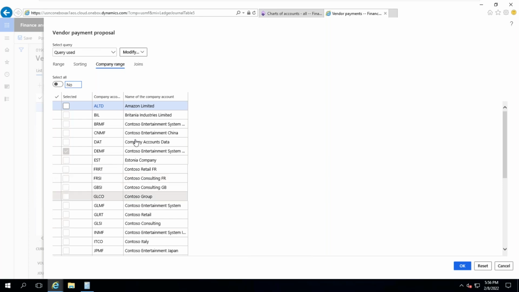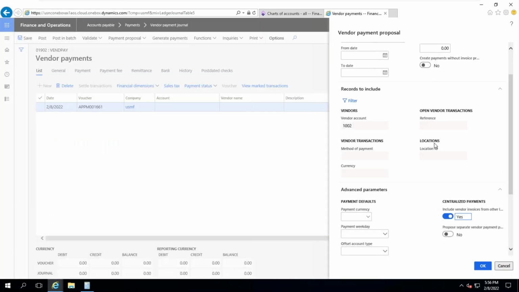Understood? In this, it is showing the companies. So for some reports, it may be available with this company range. You can use it. If it does not exist, you can extend. Extend means customization. With the help of a developer, you can do a customization so that it will come here for multiple companies. For multiple companies, you can generate reports.